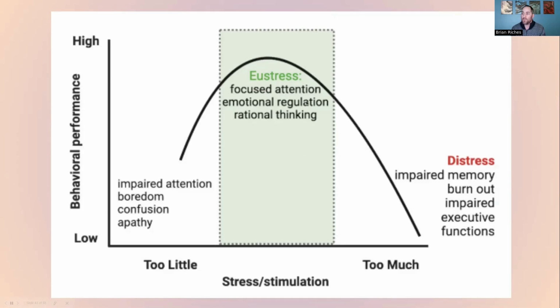So we want people for learning, for engaging with others, for doing things to be in this eustress piece. How much stress is too much or too little varies on the person and varies on the task. So looking at this model,